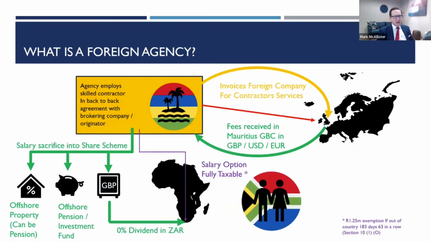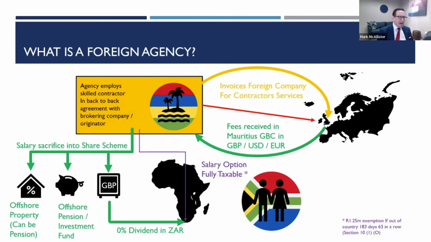Okay, let's touch on scenario G now. This is the one that I think has created a lot of interest: how would a foreign agency work? We've created a diagram here that shows how it could work. Mauritius is the favorite at the moment as an offshore jurisdiction. It's very globally portable and works very nicely.